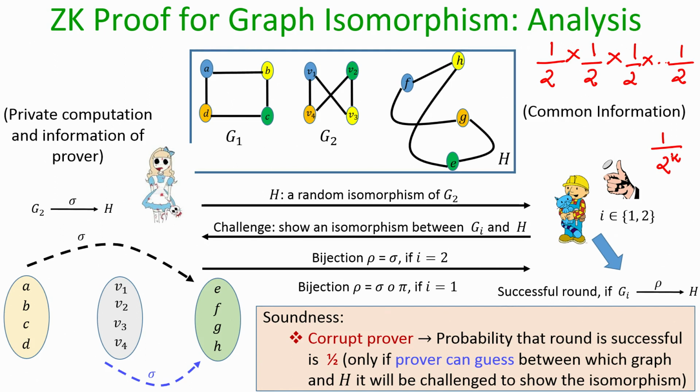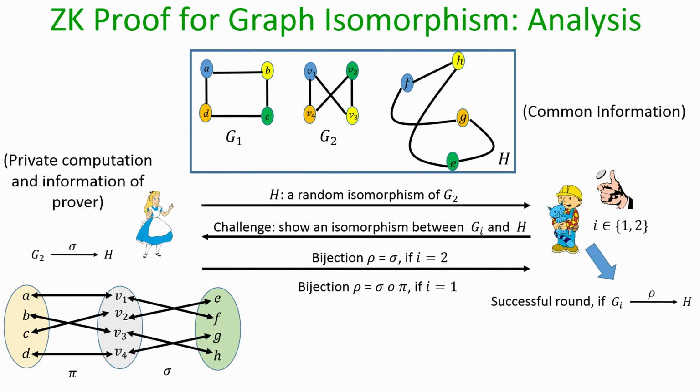So, if k is significantly large, say imagine k is equal to 100, and if Alice does not know the isomorphism between G 1 and G 2, then with very high probability there exists at least one round where Alice will be caught, and hence Bob will reject the statement of Alice. The only case Alice will be successful in all the rounds is when she is lucky enough to guess the challenge of Bob in all the k rounds in advance, which can happen only with probability 1 over 2 to the power k, which is very small if k becomes significantly large.